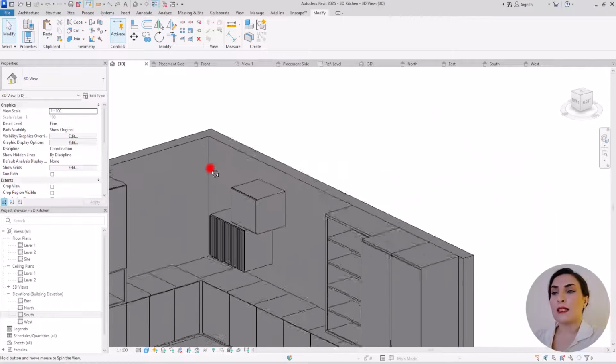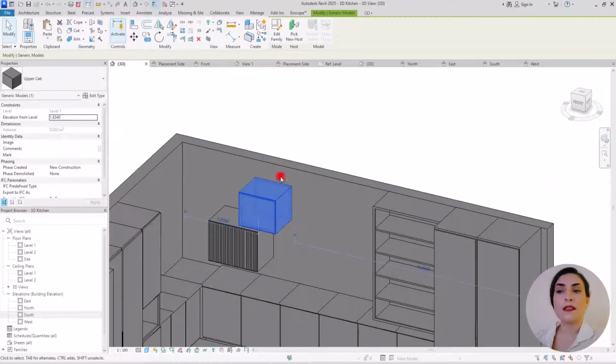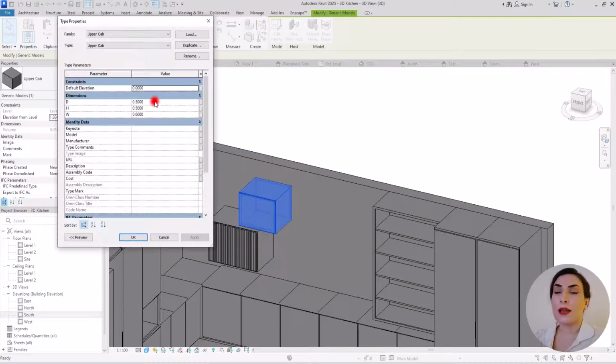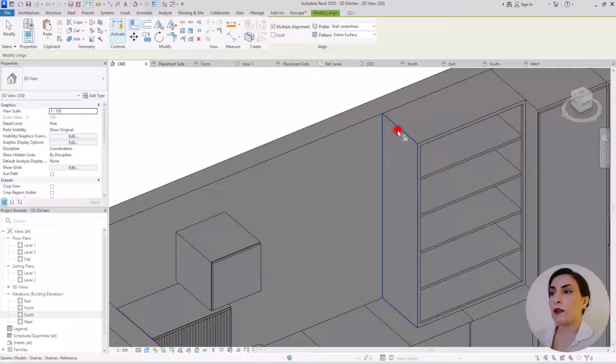And then we can simply set all of these cabinets too. So the size of this cabinet, let's go to edit type. The depth is going to be like 45 centimeter, or let's go with like 50 centimeter. I think it will be good. The height is going to be 45, and the width is going to be again 50 centimeter. Apply and okay. I'm going to set it exactly from this part